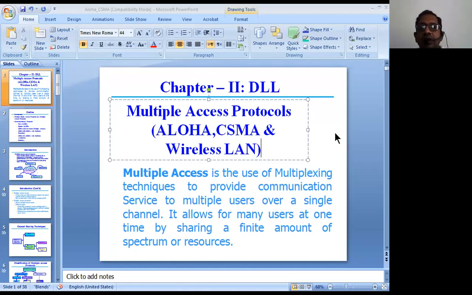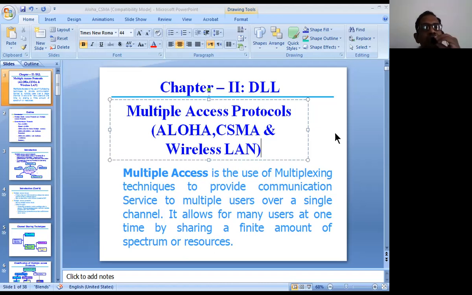Well, in the last sessions, we discussed the various functions of the data link layer, such as the line discipline function and the flow control and error control methods. So we have discussed the HDLC protocol, which contains both the flow control and error control protocol structure, in the last session.